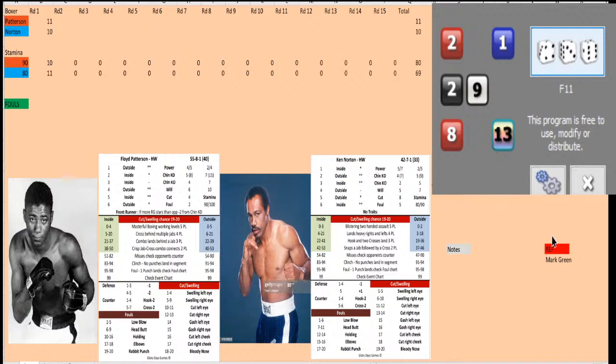We'll see a toe-to-toe from the inside. Patterson leading off from the inside. 29 from the inside. That's a combo behind a jab. 3 punches landed. Norton looking to answer back. 83 from the inside. That's a clinch. Take back those 3 punches